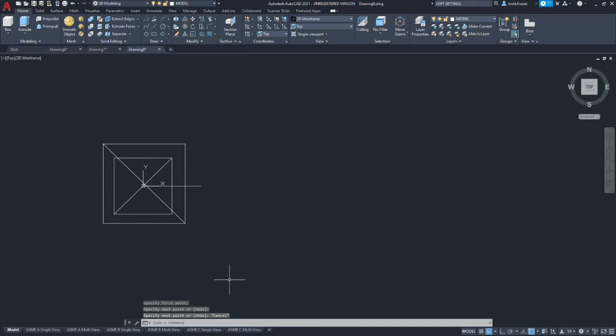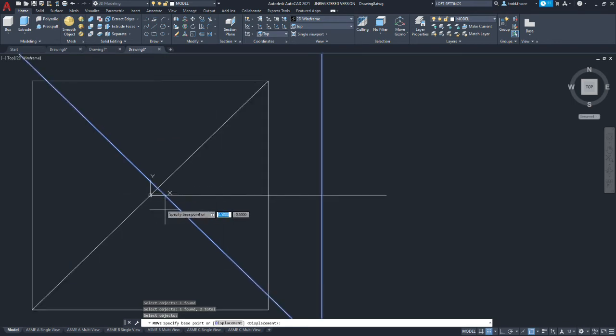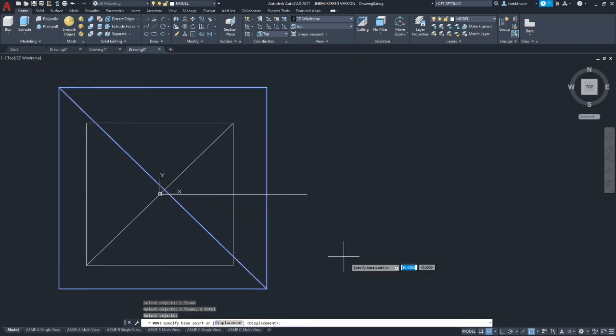And we're going to do a move so that we can move it. I'm going to have to turn off some object snaps here.